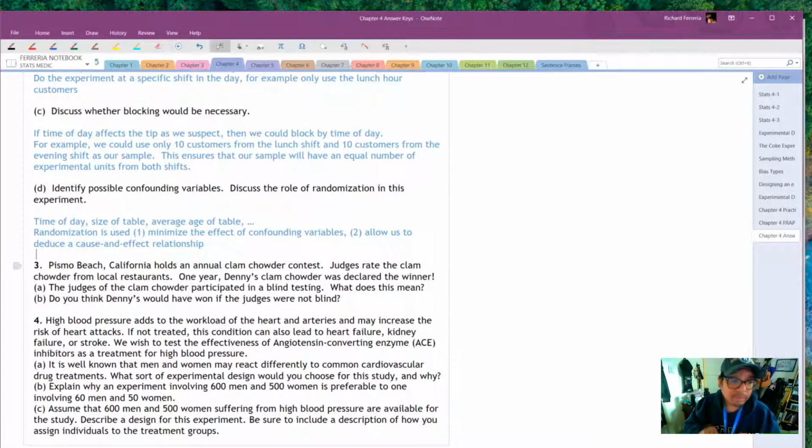Number 2, if we do use randomization, then that's going to allow us to deduce a cause and effect relationship, because everything else being equal, the only thing that's different between multiple groups is this one treatment, then that treatment has to be the thing causing the response variable to react as it does. So